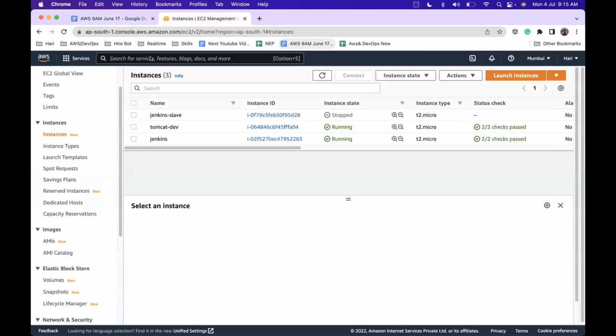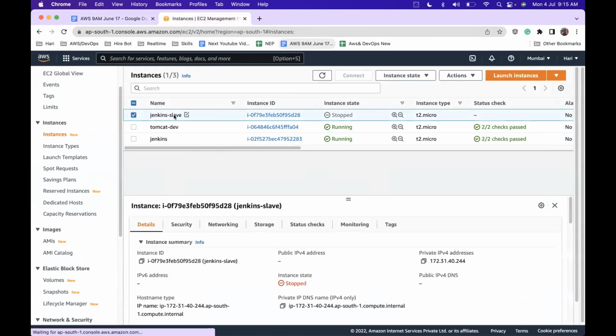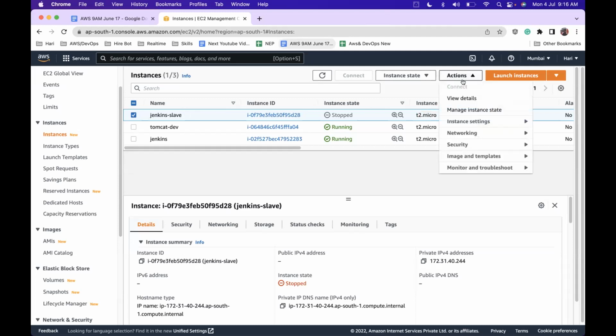Say the instance type is T2 micro, any EC2 taken randomly. T2 micro means 1 CPU, 1 GB memory. Now I want to resize it, meaning I want to increase the size of my instance, to 4 CPU or 6 CPU, 8 CPU. Is it possible? It is possible. This is T2 micro. Can I make it T3 medium? Of course, yes. Select that instance, go to Actions,